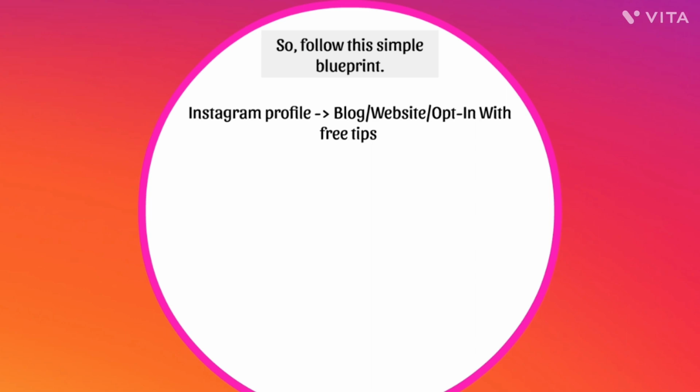You can use an opt-in with free tips or a squeeze page to build your list first. Because what I found is that a lot of times it takes 7 to 12 times to actually touch the person, get to know them before they actually buy. So what I mean by touch points means emails. So it could be 7 to 12 different emails after they sign up for a freebie.